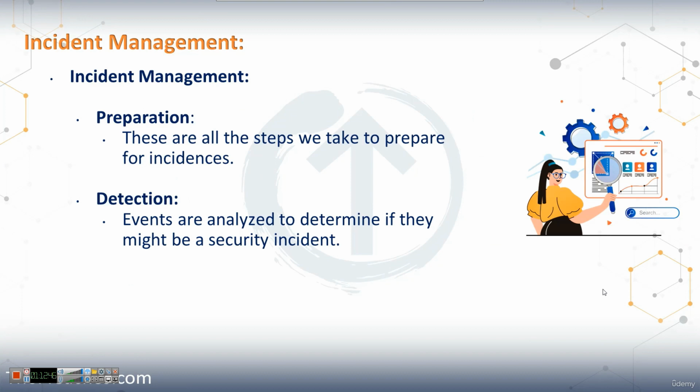We prepare. At some point, I was working in a data center, and shortly after I joined, I asked, do we have a disaster recovery plan? What do we do when something happens? And the answer was, yes, we do. It's right here, over on that shelf. I walked over to the shelf, found the disaster recovery plan, and it was actually pretty good, except